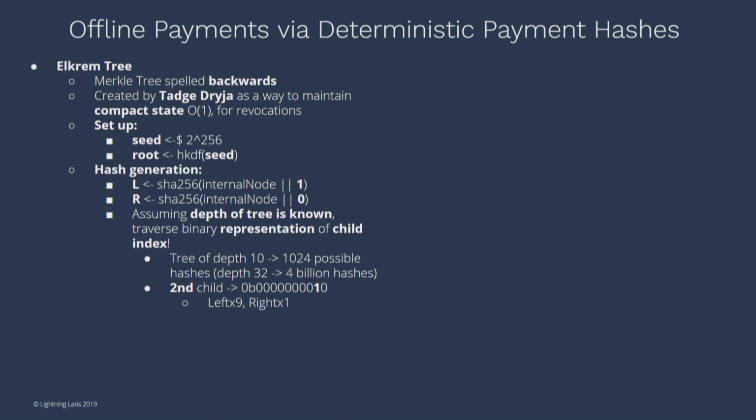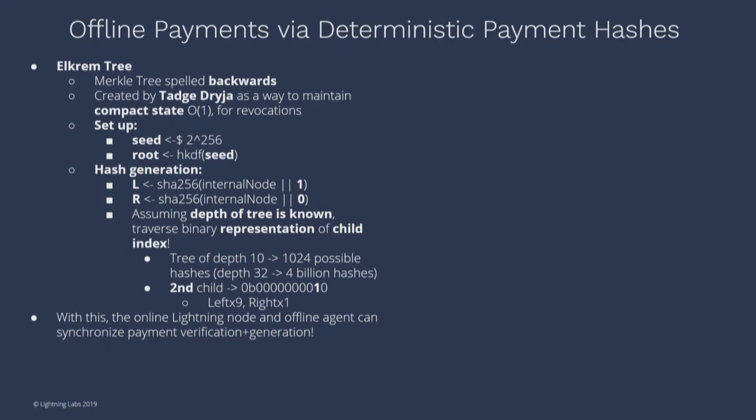If you assume the vending machine has a counter, and the online node has a counter themselves, and the vending machine says, hey, this is the 5th payment hash, then the online machine traverses this tree, derives that payment hash, and uses that to settle the payment, online or offline, to the vending machine itself. This is the one little trick we're using to allow the individuals to synchronize the payment hashes together. Andreas, question?